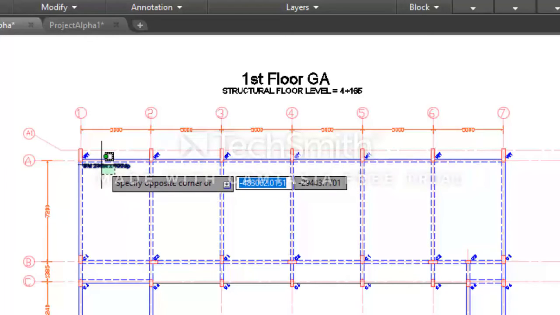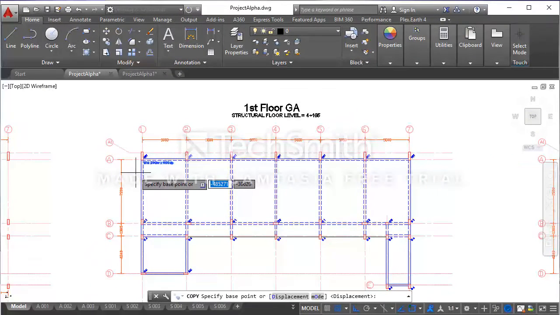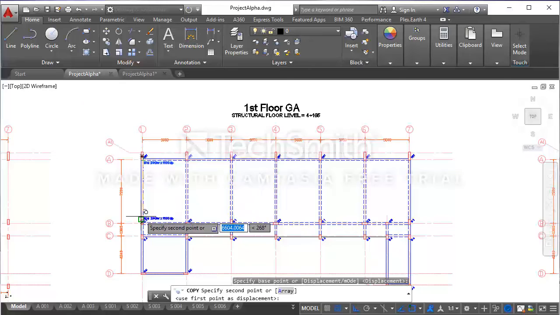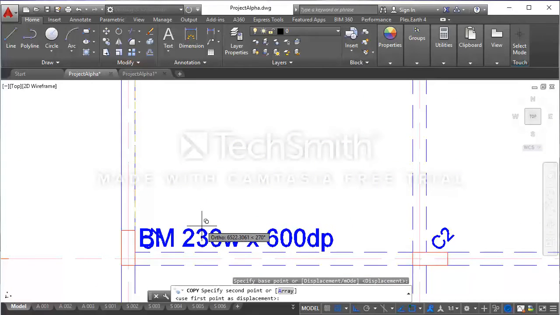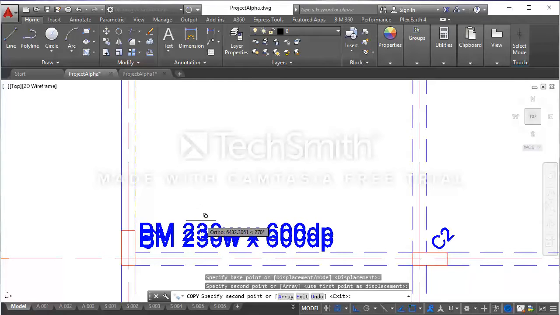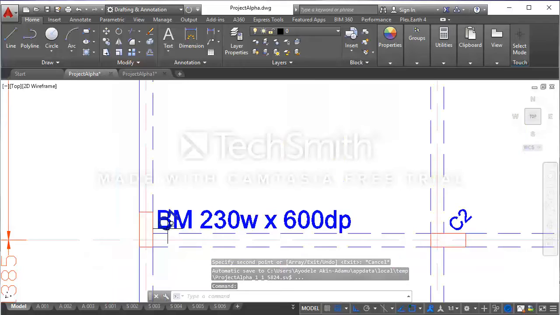I will select this text and I will duplicate it for grid line B1 to 7. So I move it downward. However, you will see that the beam label interferes with my column label.